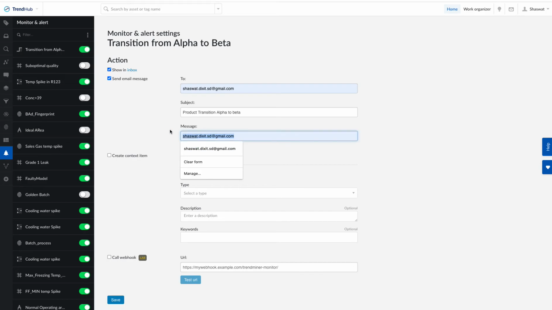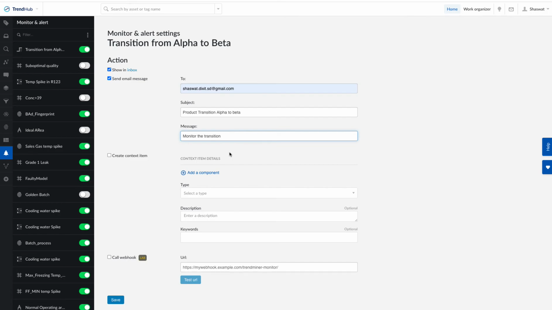And then in the message, monitor this transition. So now whenever this transition occurs, TrendMiner is going to send me an alert, because